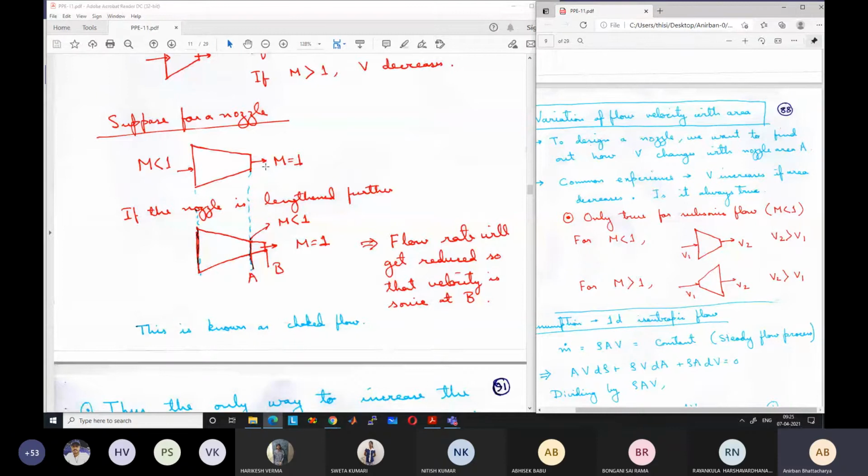So will it have any effect on the mass flow rate? Because there is now a larger driving force, mass flow rate should also increase, right? Because of the larger driving force, more mass flow rate should occur. So as a result, velocity will increase at the inlet also. So instead of 0.1, say at the inlet, it has become 0.2. And at the outlet, the Mach number is now 0.8.